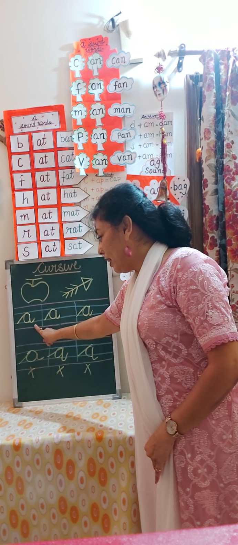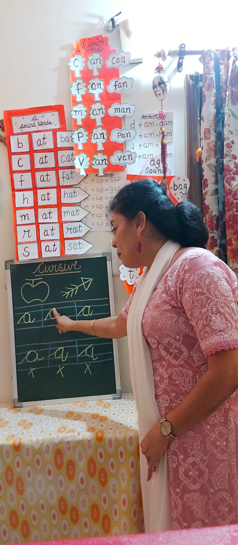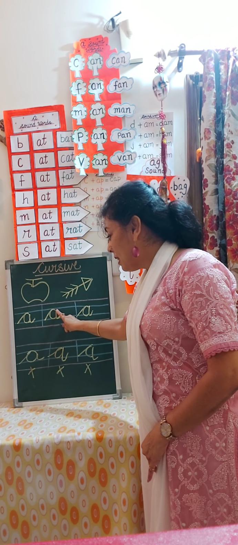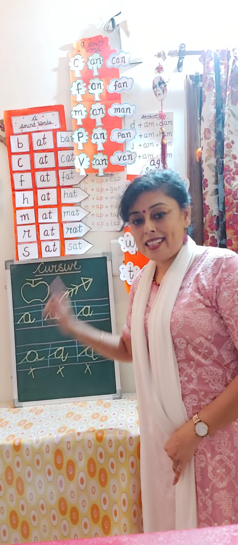The formation of A is starting from the dot, slant up, make C. Don't make round, just go up straight. With the same line, come down and a small tick. You don't have to make O. Remember this. When you complete C, with the straight line go up and with the same line come down and a small tick. So, कितना इजी है?